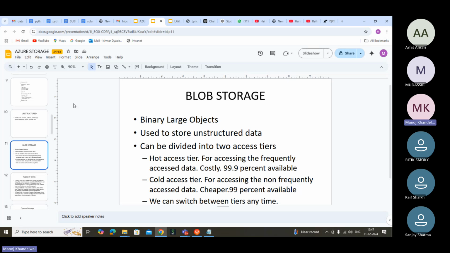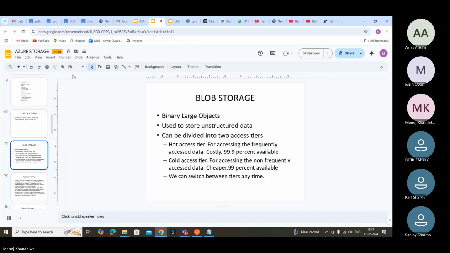Blob stands for binary large object, used to store unstructured data. So the job of blob storage is to store unstructured data.